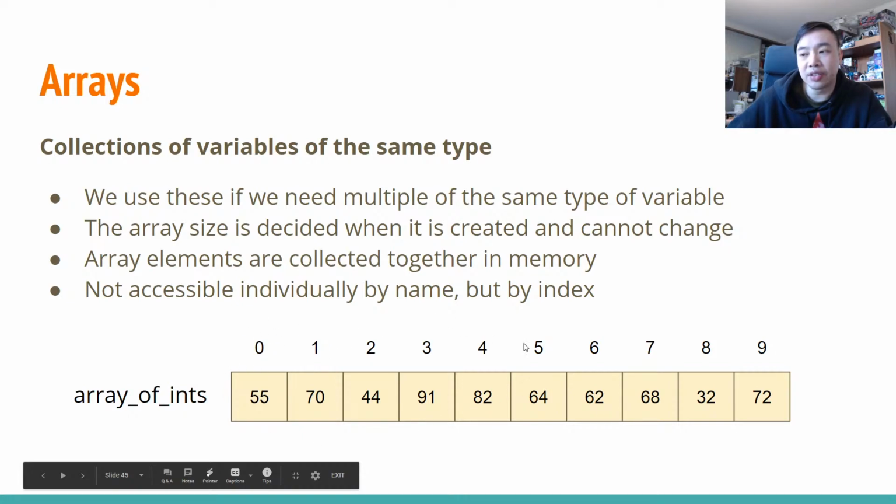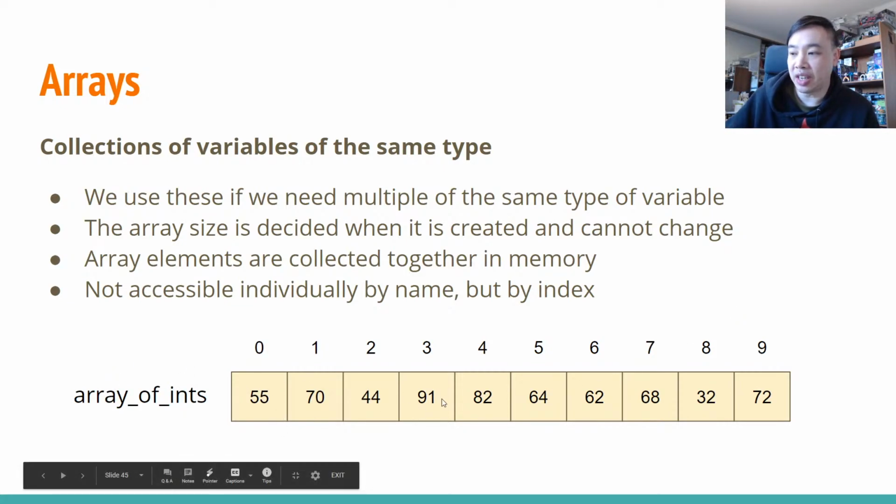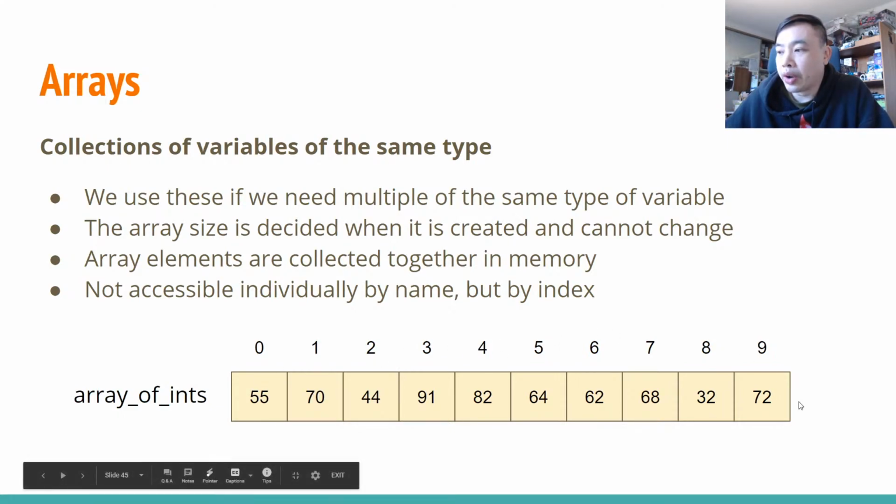We have an index for each element in the array. So we're accessing each element in the array by a number, not by a name. The entire array has a name, and then each individual element just has an index inside it. When we create arrays in our code, they will have a fixed size at the time that the program starts running. Actually, I think it's even before the program starts running. Once it's compiled, your arrays are set in stone to be a certain size, and you won't be able to change them. So we would run our arrays